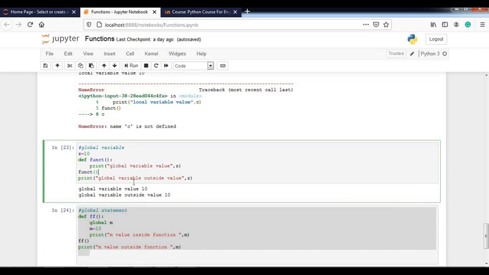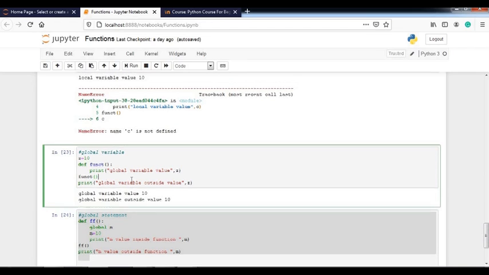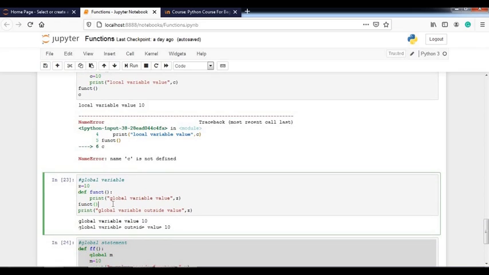What is a global variable? As the limitation comes from local variables, we use global variables. Global variables can be accessed throughout the program. In the case of a local variable, the changes made to it are available only within the corresponding function. Whereas in the case of a global variable, the changes made in any user-defined function will be reflected and available to all other user-defined functions. So let's see the example.